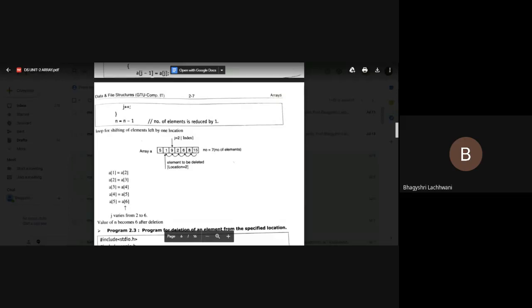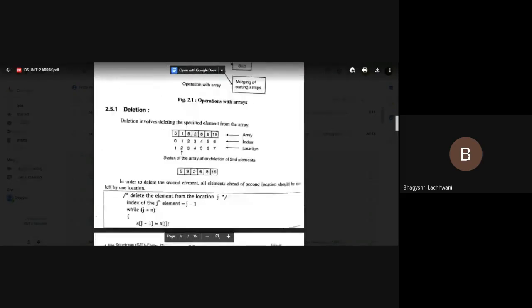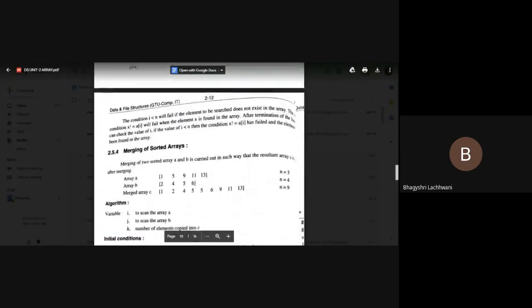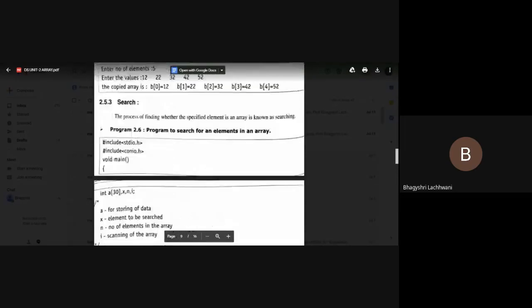Okay, so this is the method how we have decremented the array size by 1. The reason is only and only because we are deleting one element from the array, and for the element that we are deleting, whatever elements come after that, we will shift those elements to the left by 1 position. Okay, so this was about the deletion operation, how we will perform the deletion. If you have to write the same from the programming point of view, just to see the overview of the program as well.